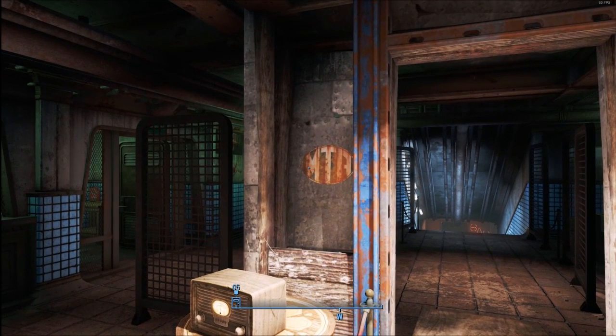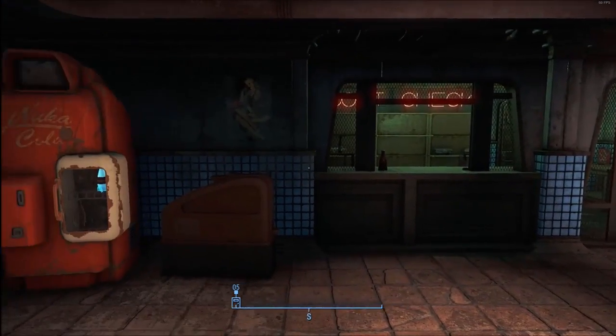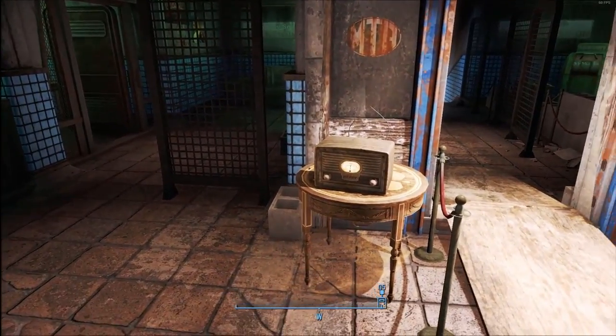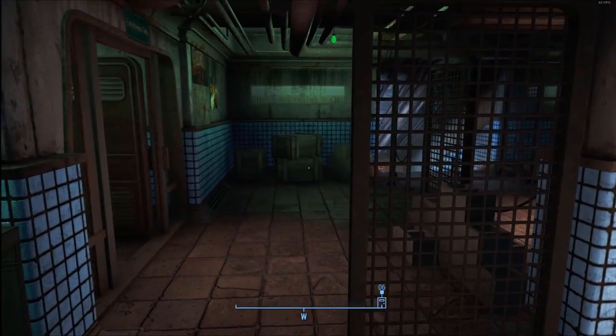Like, let's say refugees had to flee for whatever reason to Goodneighbor. Let's say the population went up. Let's say that they had the ability to remodel a little bit. What might they have done? So let's go through the third rail here and look at some of the stuff I decided to do for this